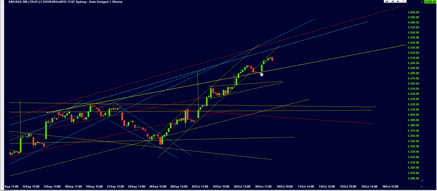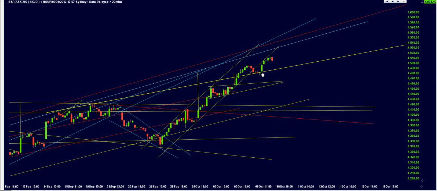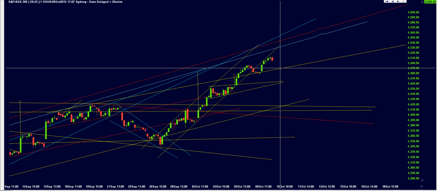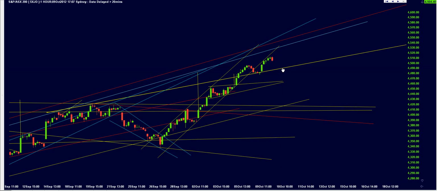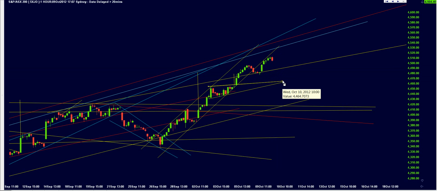So this was able to keep the markets up, but a typical behavior for a rising channel is after it's broken, the market will find an area of support as we did here, and then you'll come up for a back test. And that's exactly what the market's done. We could probably expect now that the ASX200 may want to reverse to the downside and test this yellow line again. Now, if we break this yellow line around the 4,490 area, well, we could expect that maybe, just maybe,